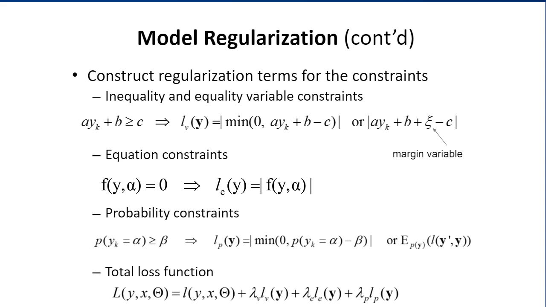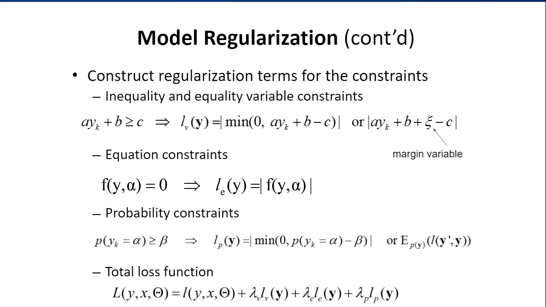For example, let's say we have a linear inequality constraint, right? And this is a linear inequality constraint. And we want to implement it as a regularization term. So what we can do is we can put the C on the right to the left. We can have AYK plus B minus C. And then we can construct this